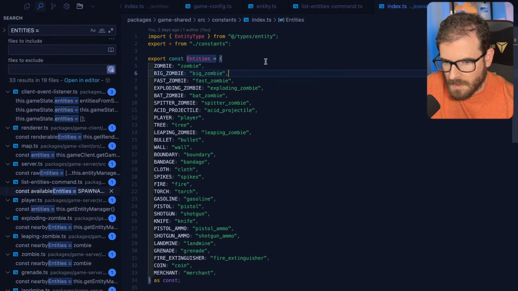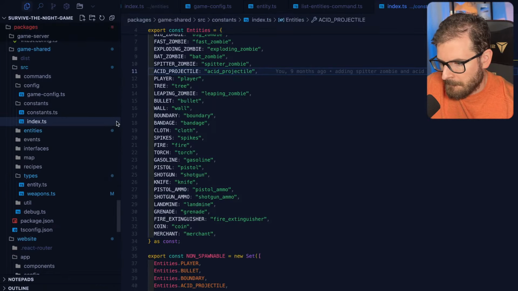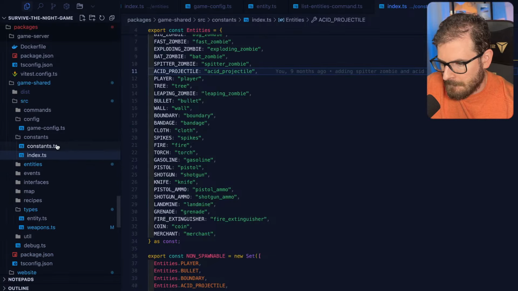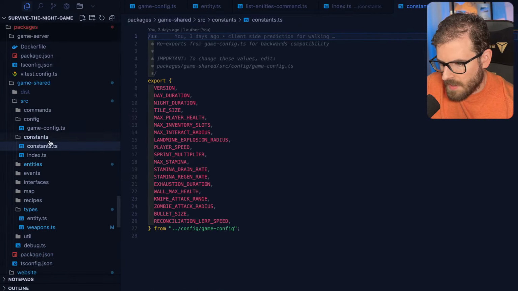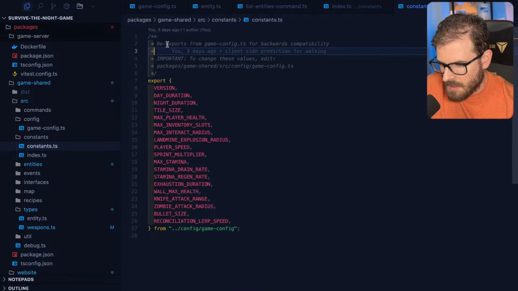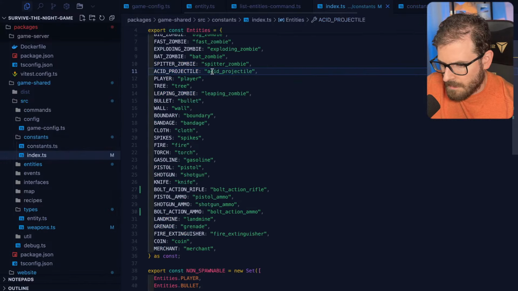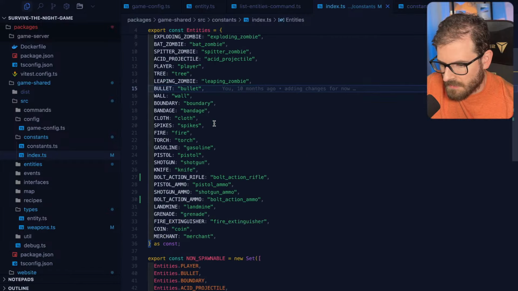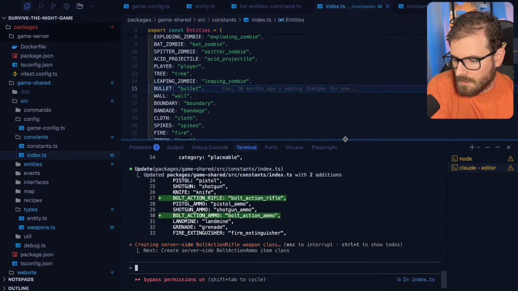Here it is. Entities constants in game shared. I really don't know why I have a constants file and then an entities constants. Seems kind of silly. Re-exports from game config for backwards compatibility. Yeah, there's some questionable stuff. I have to kind of refactor this code base, but